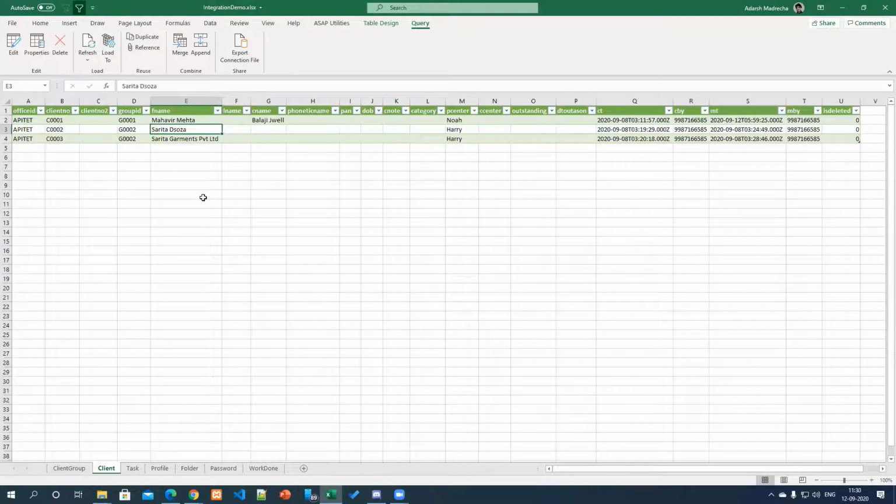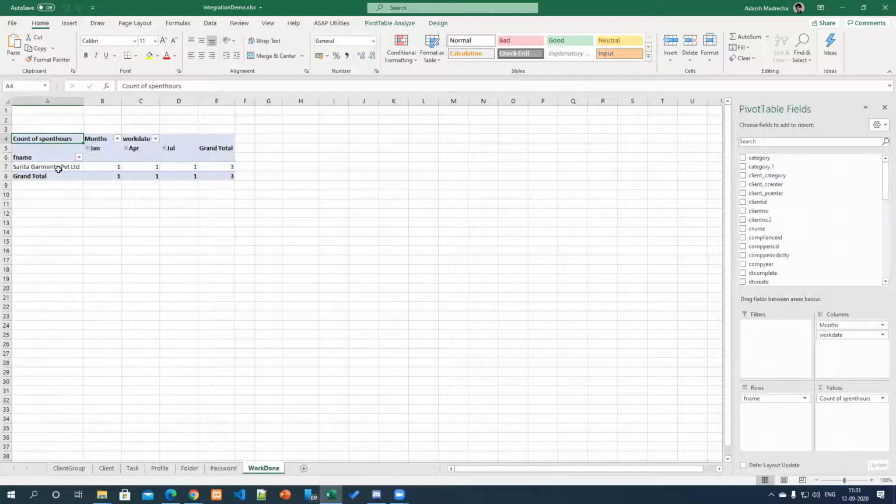Just to summarize once again, you need to have Office 2013 and above in order to refresh. But in order to create these reports, for the best experience you need Office 365 or Office 2019, basically a very latest version of Excel. Of course, in 2016 also you can create these reports, but some functionalities will be missing, so you will not have the same amazing experience of creating these reports.